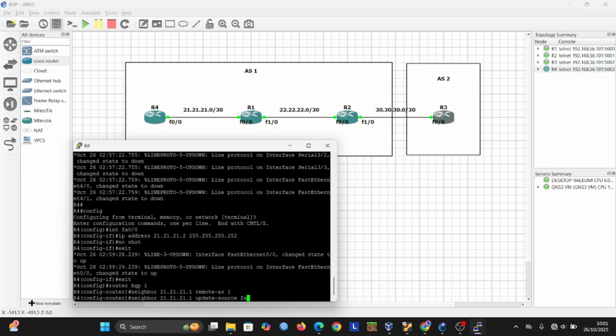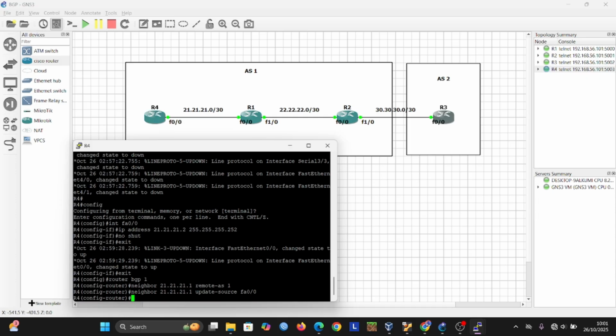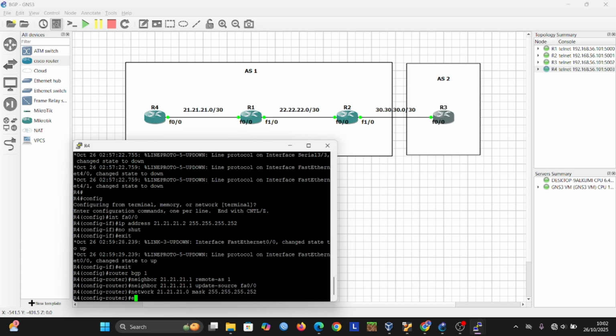So we choose the interface in the router. Don't forget to enter the network, 21.21.21.20, and we enter the mask and exit.